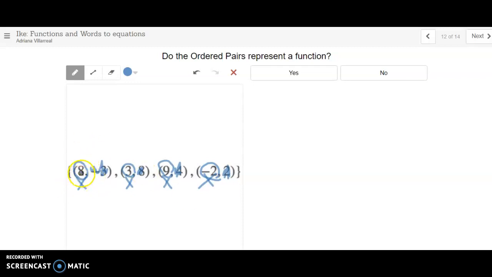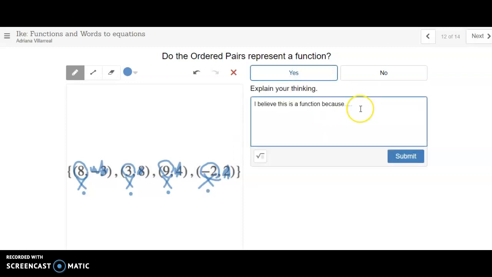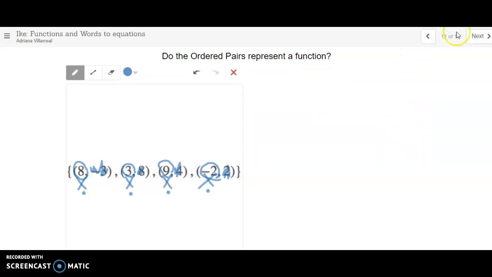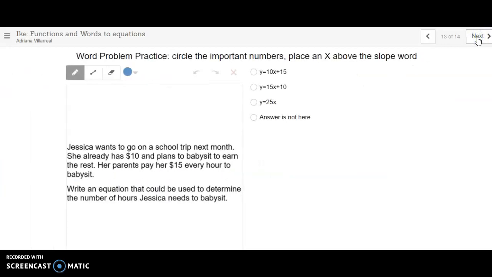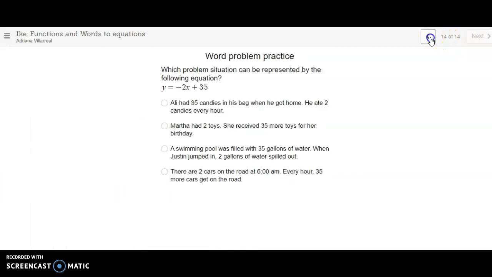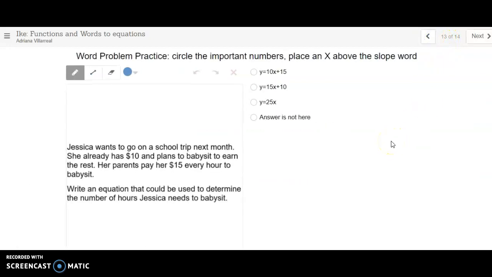So if I look at those x's, I have 8, 3, 9, and -2, right? All of those x's are different. None of those x's are the same. So that means, yes, I have a function. X does not repeat. Okay, you can pause your video and go do slide number 10 and 11. Those are ordered pairs. The last two slides, 13 and 14, you are working on writing equations from word problems,